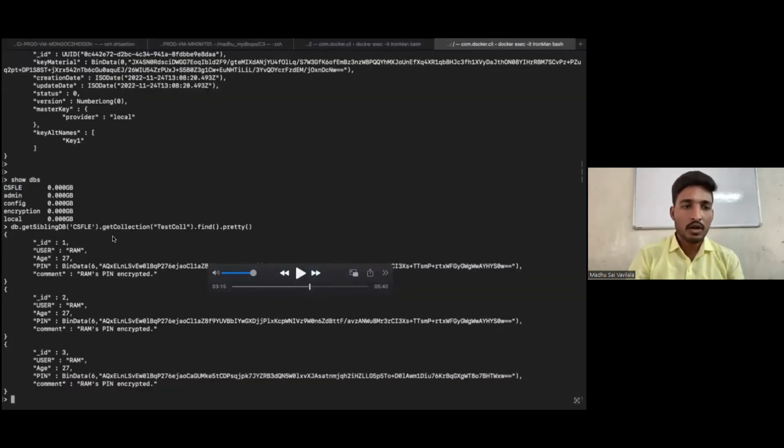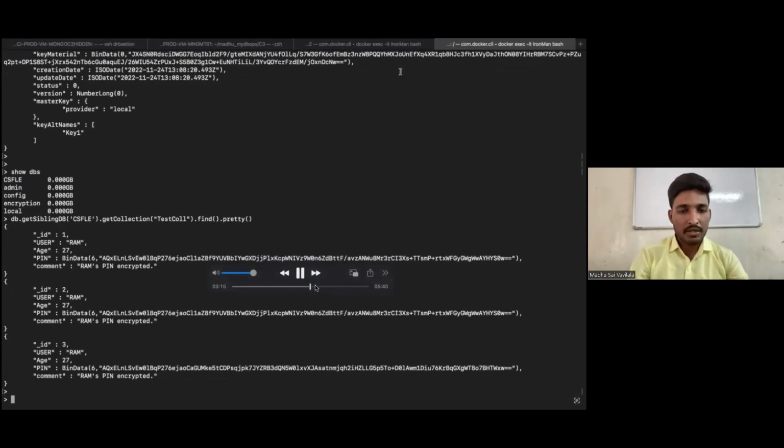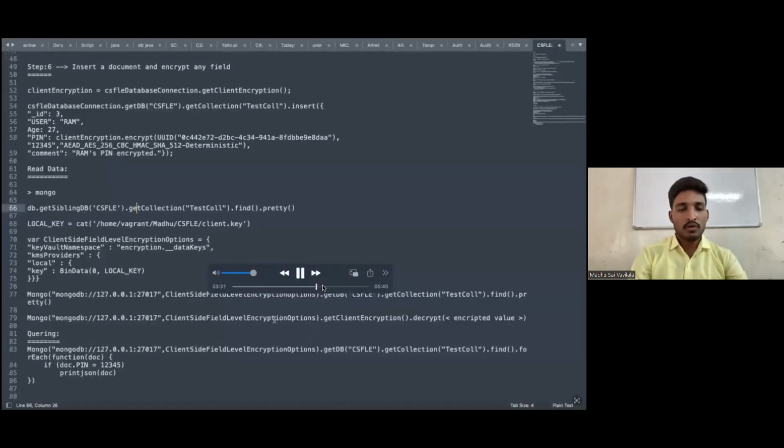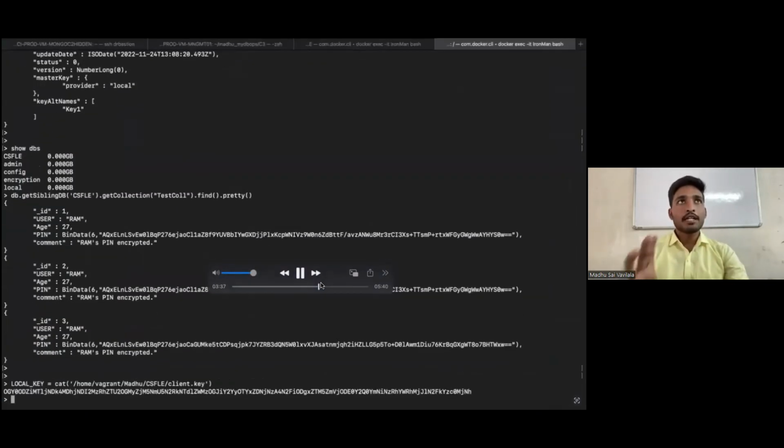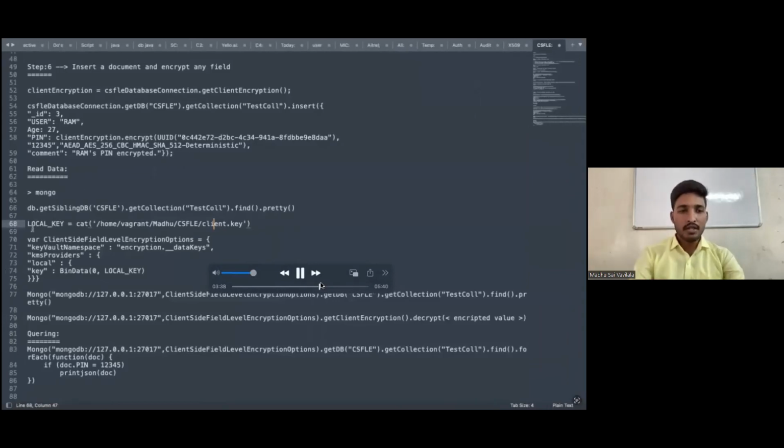For a user without the data encryption key and customer master key, the data is shown in encrypted form. To read that particular data, we need to have the data encryption key and customer master key.